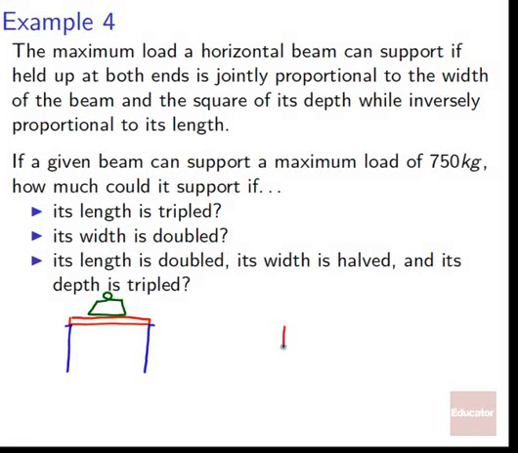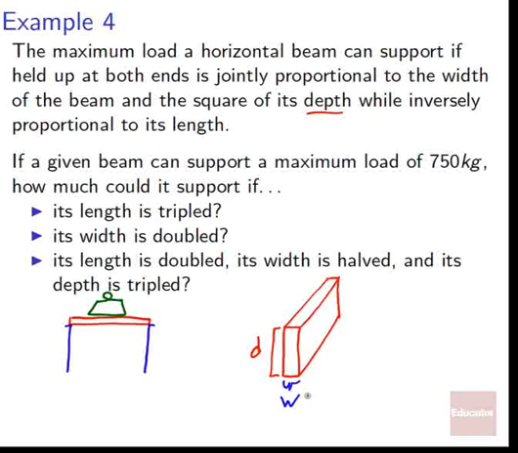Well, let's take another look at the beam. We could have a beam like this, right? So its depth is how far down it goes. Here is D, the depth. We could also talk about what its width is. Sorry, that was just me trying to make an arrow pointing at the W, but it wound up looking like a W as well. So width, jointly proportional to the width, and then finally the length